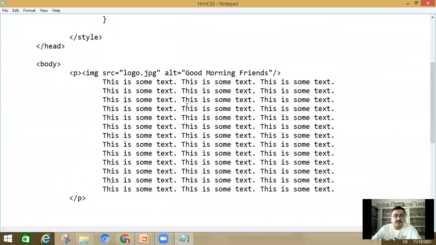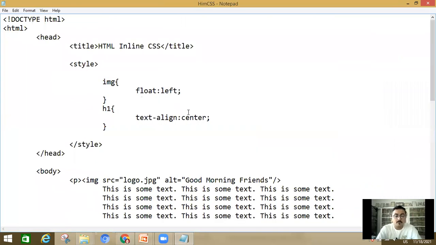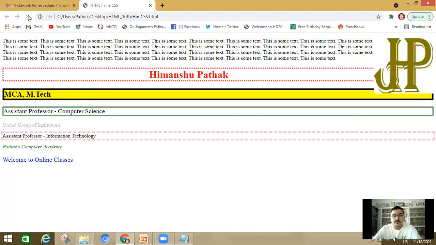I have written right. Save the file and now refresh the page. Now, what will happen? The image is shown on the right side and on the left side, the text will appear. So I think the float property is now very clear to you.